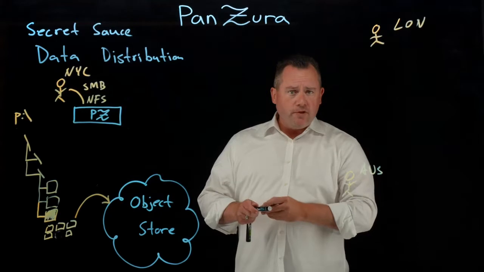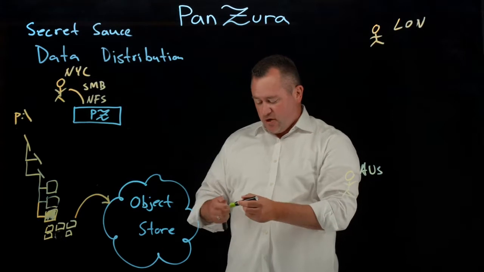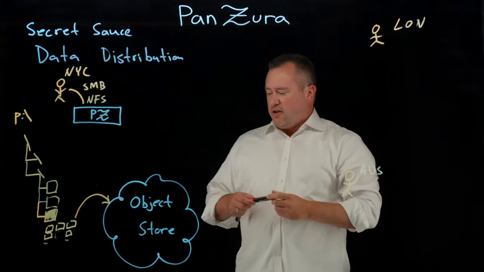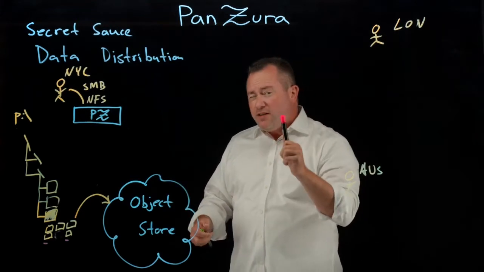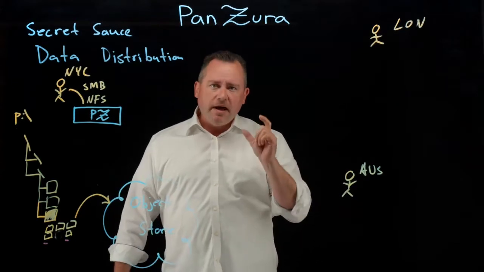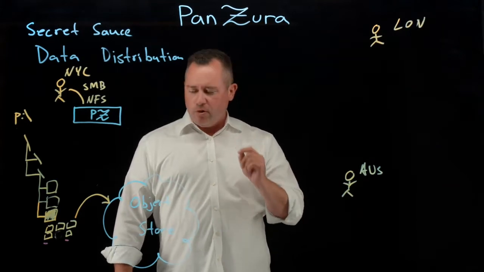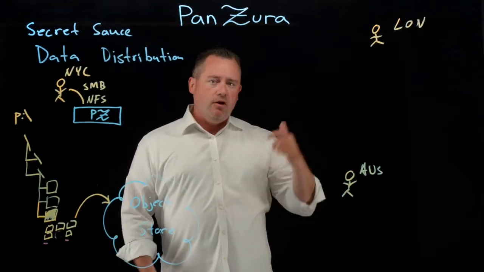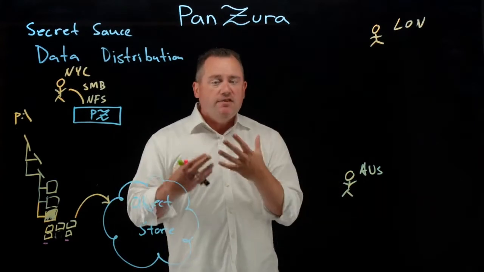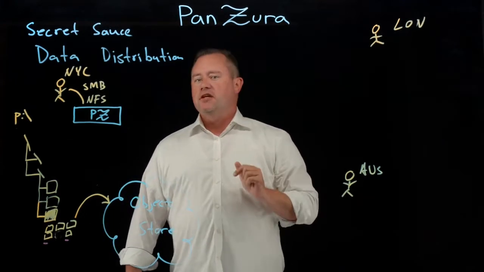But what we actually do before that is we break the data into 2 different parts. We have our data, which I've drawn there, and then we have the meta for those blocks. And the meta is really small. I realize I drew it in a really small pen. It's probably hard for you to see. It's because it's hard to even do the math on it so small. It's like about 0.5%. But it is effectively the soul of the file system. It's the most important part. It defines the name of the file, where it exists in the file system, what blocks constitute it, the properties, the attributes. Everything about the file is defined in that metadata, in that 0.5%, except for the data itself.